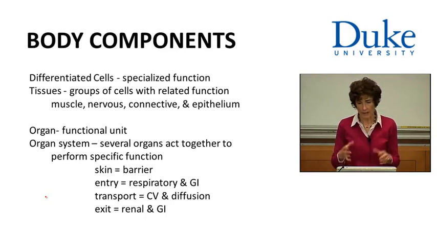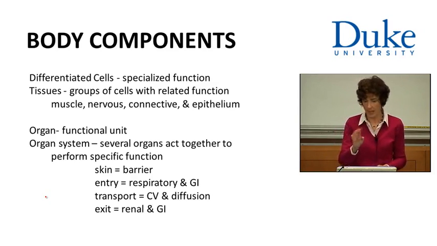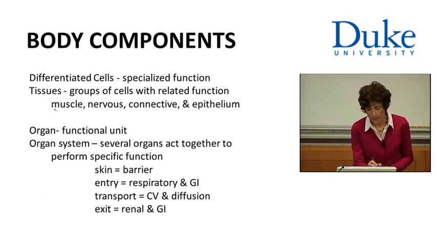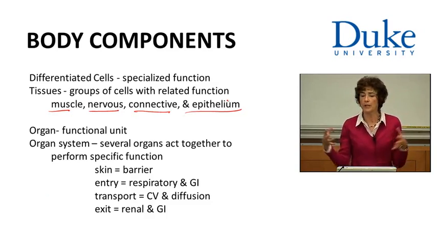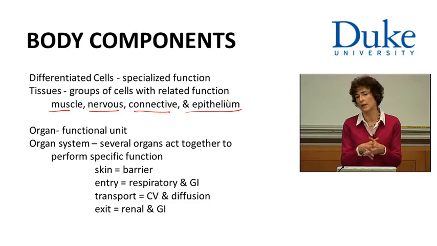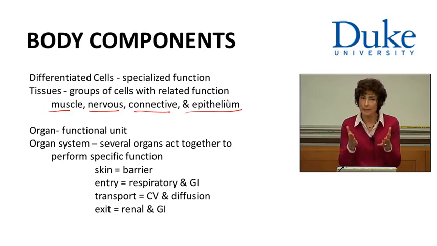And these groups of cells that have the same specialized function will work together to form what are called tissues. We have 4 tissue types within the body. There are muscle, nervous tissue, connective tissue, and epithelium. These 4 tissue types will form the organs, and the organs will work together to perform a specific function